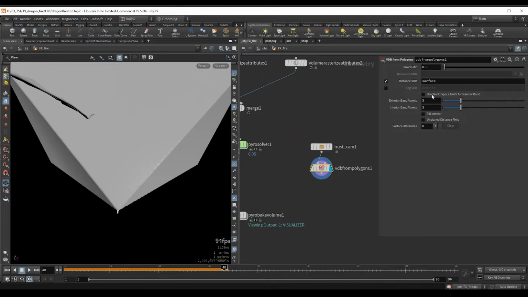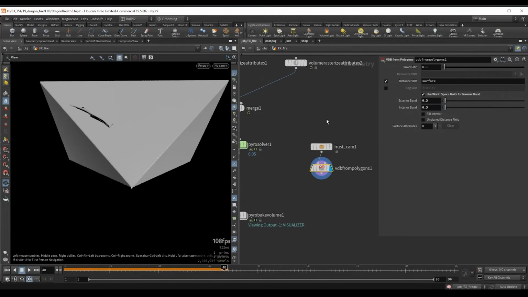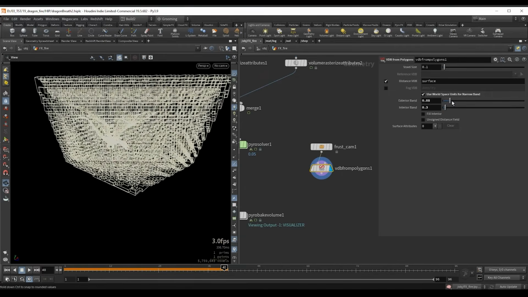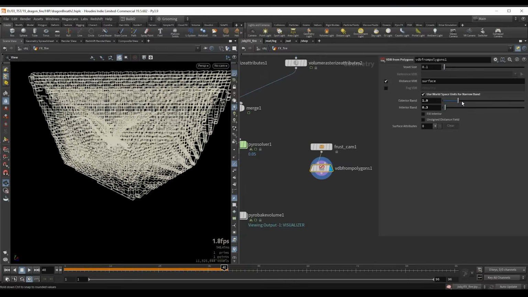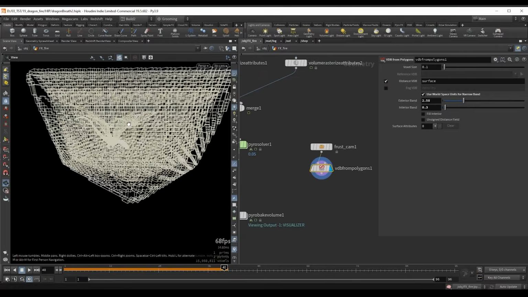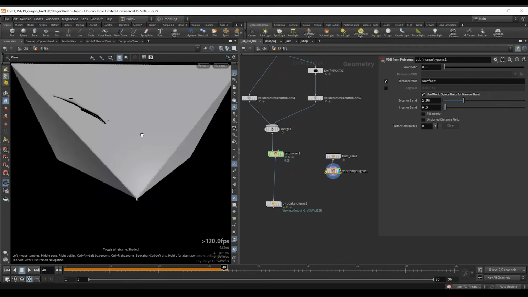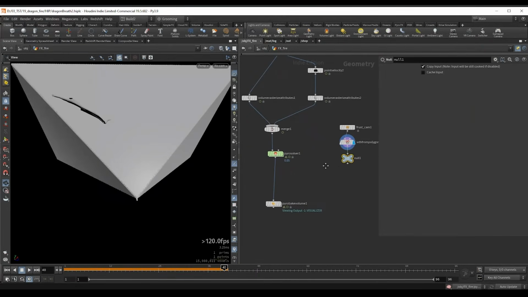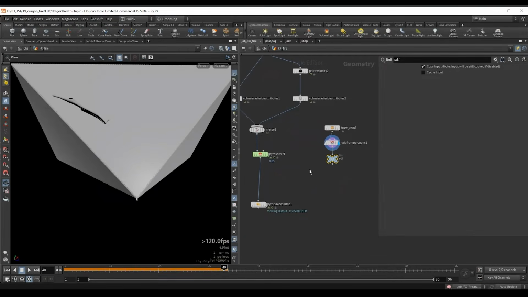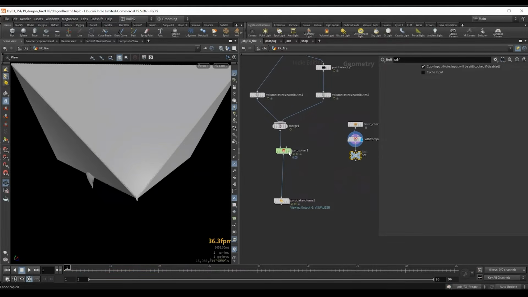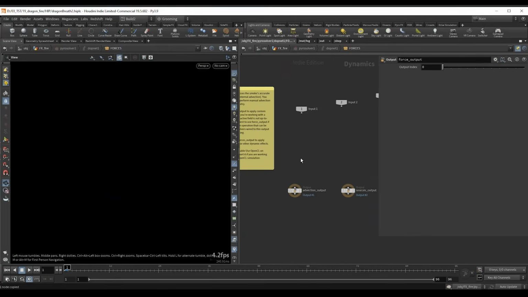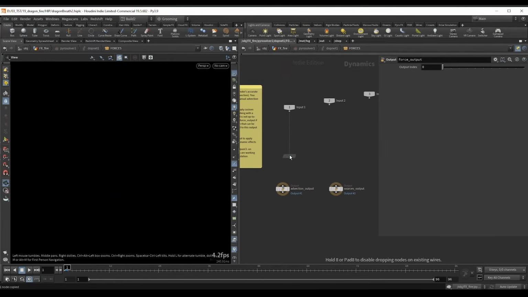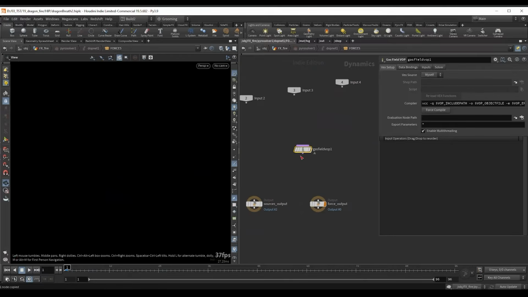For this, let's use world space units for narrowband and just increase the exterior band. I can press W, and as I increase this, we can see that we introduce more voxels right around our SDF. Now we can sample these voxels inside our Pyro solver. Let's drop a null from here and rename it to SDF so we can point to this. I will grab this, Control C, go inside the Pyro solver, and use a gas field VOP, plugging this into our force output, and go to the inputs.